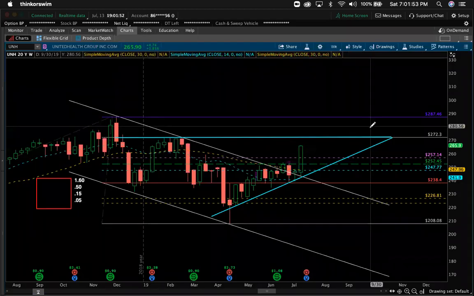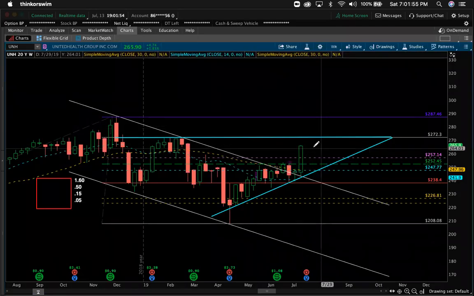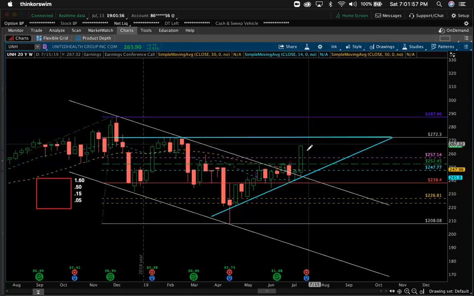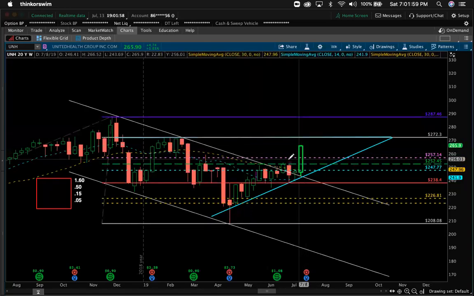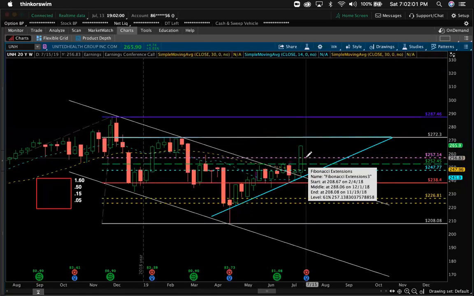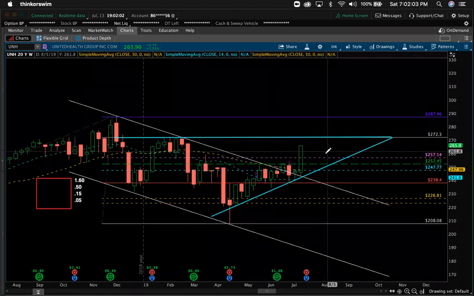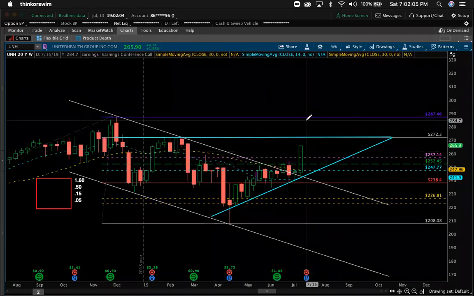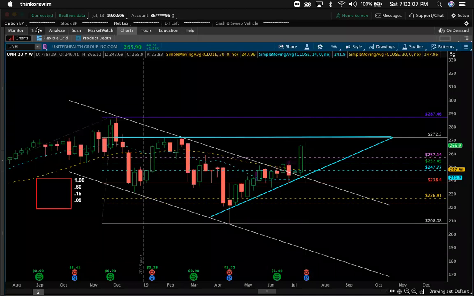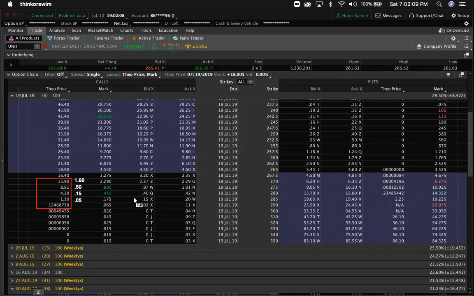Looking at the chart, 272.30 definitely is going to be easy to get over. But after that big move last week, I don't know if the price has been priced in. Are they going to bring it back down to 257.14 and then rip it back to 272.30? Just a lot of questions you have to ask yourself about how this whole thing will play out. Still, the 270s are the smartest. The 275s are very smart too. The 280s is an amazing upside, but